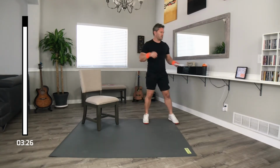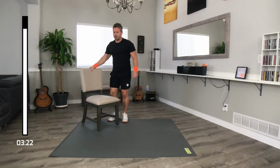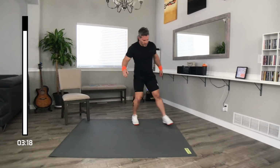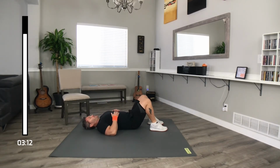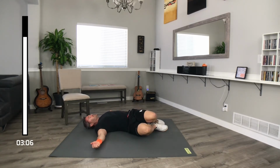Hip rolls on the floor, step out or normal jumping jacks, and then what I call huggers. And huggers are ones that I do a lot in all my programs, so you'll get used to seeing those. Hip rolls, let's move this out of the way a little bit. All we want to do here for our hip rolls is come on down, just lay down, and we're going to bring our feet up here, knees almost together, and just arms out, and just drop these over here, and just